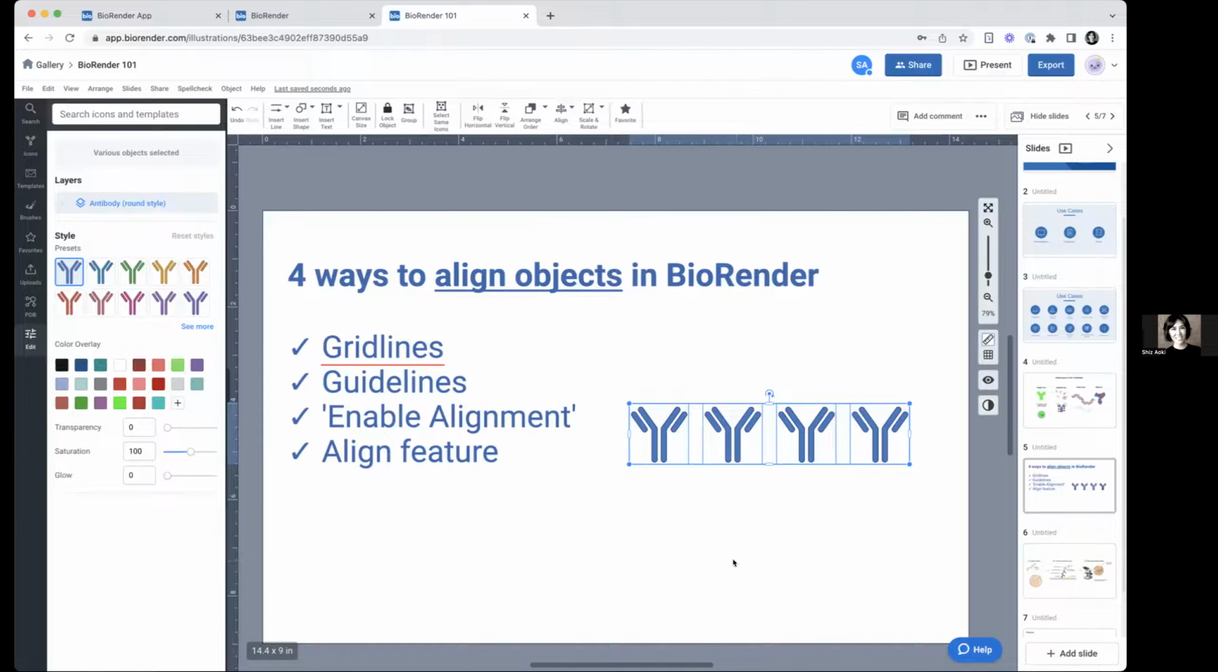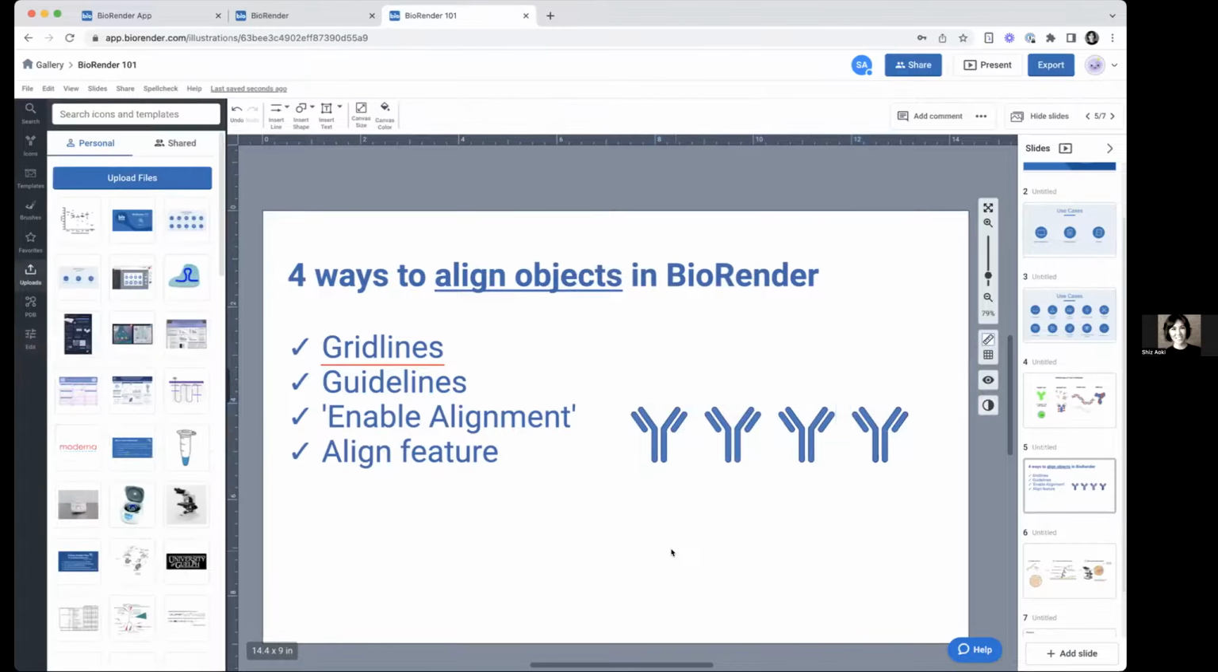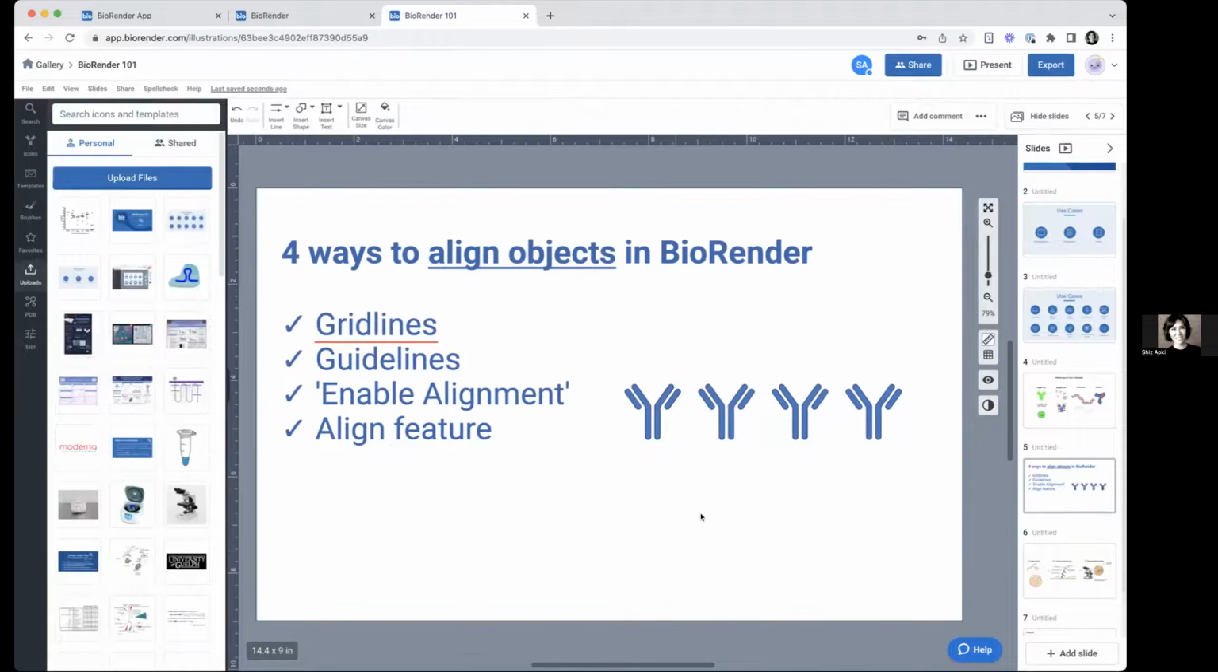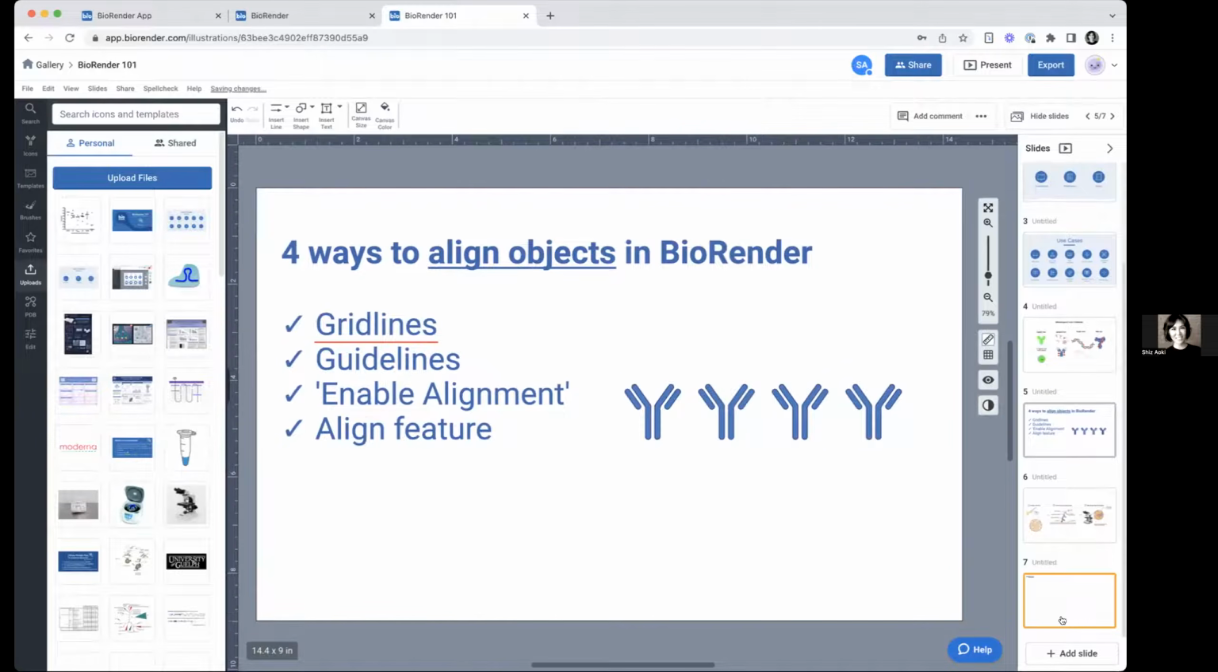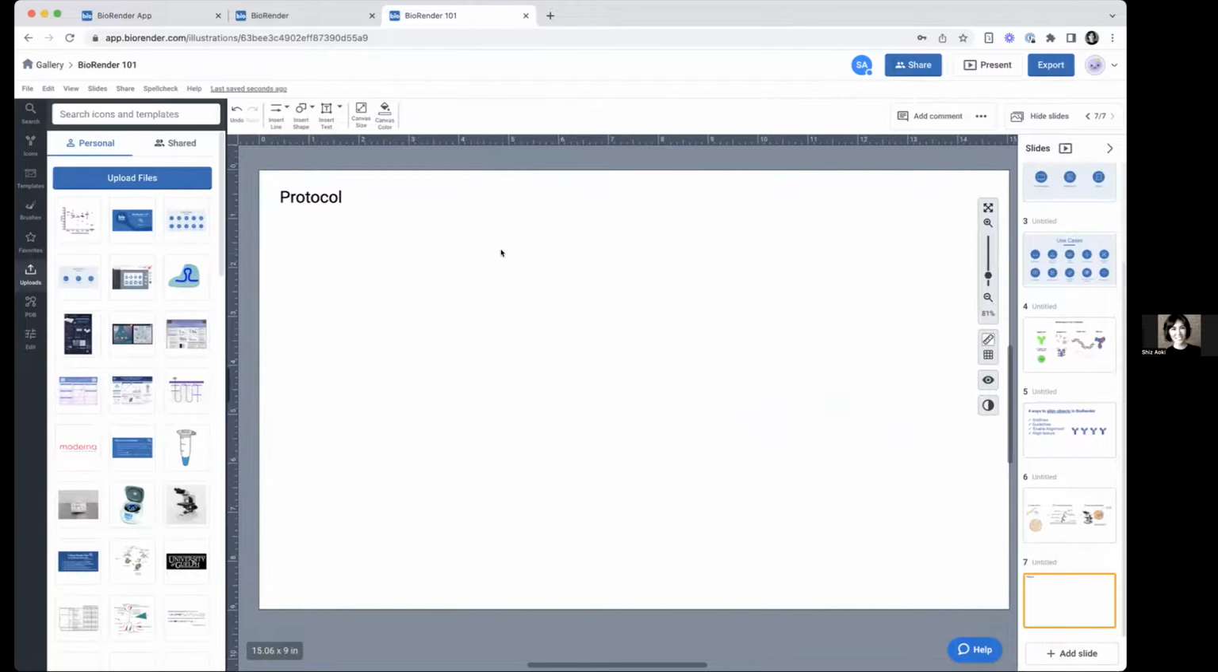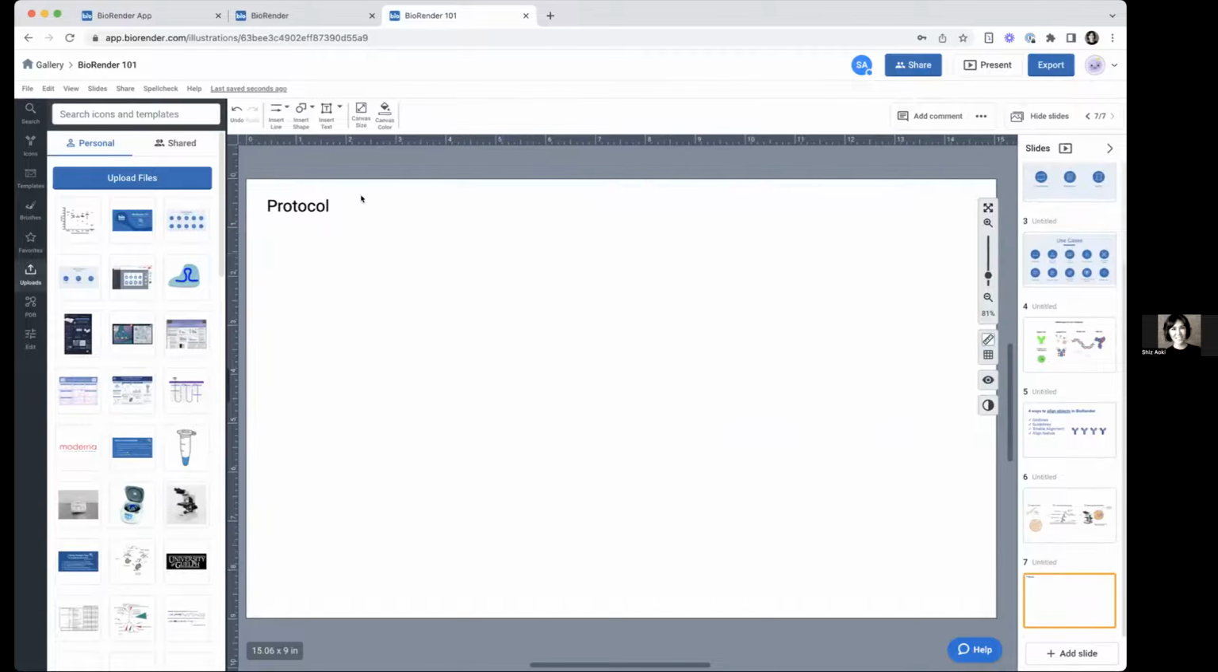Numbering protocols, that's a good way to use this tool as well. Okay, so that's alignment in BioRender. That's a lot. So I'm going to move on to one other use case, which is very common, and that